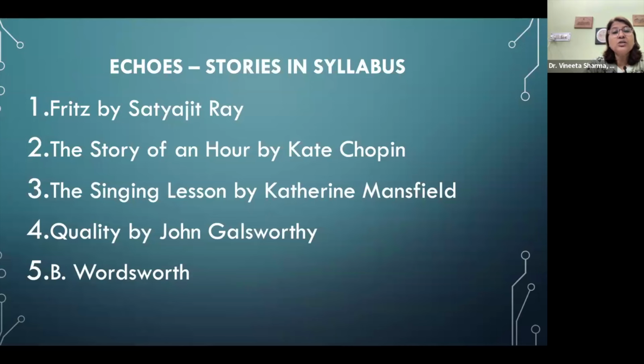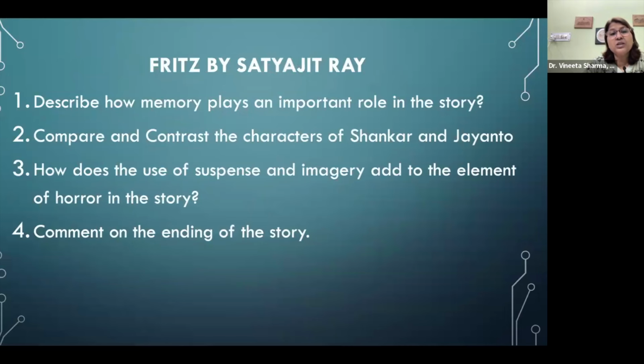Now look at the questions. The first story, Fritz: describe how memory plays an important role in the story. Compare and contrast the characters of Shankar and Jayanto. How does the use of suspense and imagery add to the element of horror in the story? Comment on the ending of the story. Okay, so if you prepare these four questions elaborately, then you will be able to answer any question which comes